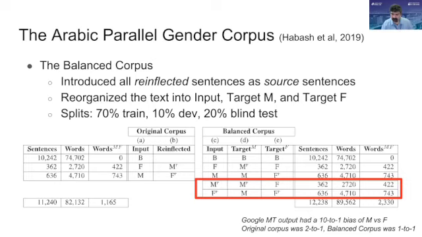Okay, and when we ran this through Google Translate, just funny, taking us back to the original problem, Google Translate has a 10-to-1 bias on those sentences, because now we can actually evaluate, and it's not just impressionistic on doctor and nurse. So the bias was actually very clear, 10-to-1 in those cases. And one of the feminine examples was, I'm anxious, ana mutawattira, or something like this. It always is feminine, for example, in Google Translate in those cases.